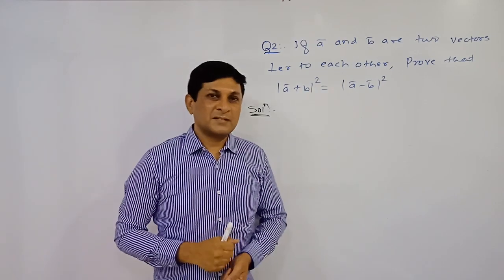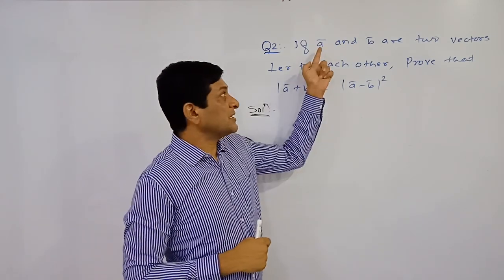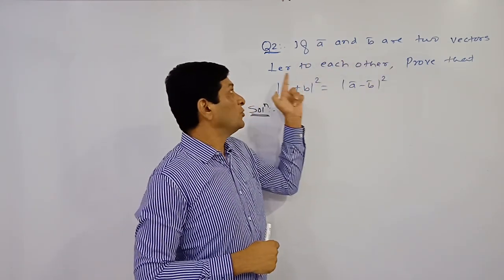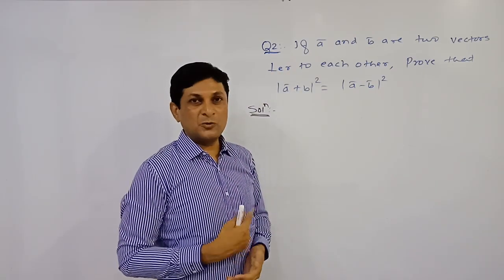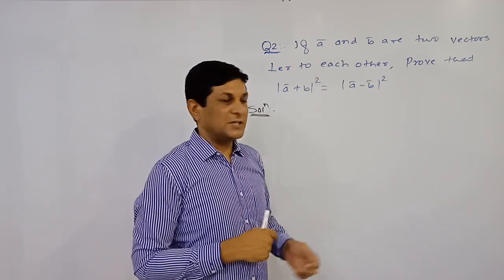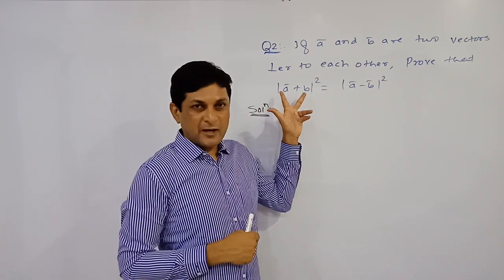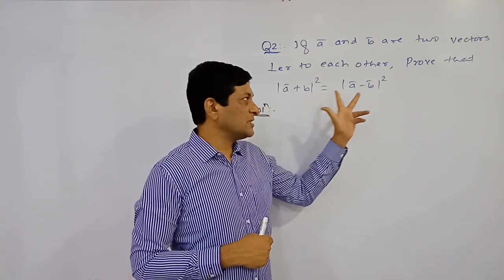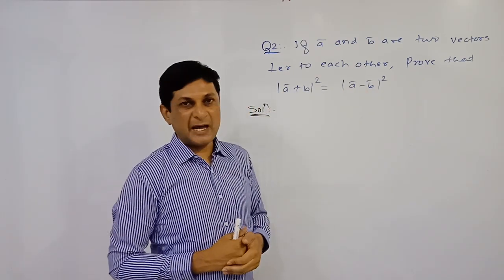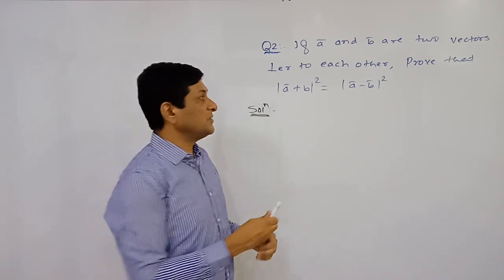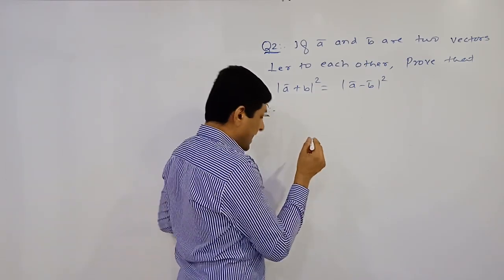Well, see, in the second example, it is given to us that a bar and b bar are two perpendicular vectors. Using this condition, we have to prove that the square of the magnitude of a bar plus b bar is equal to the square of the magnitude of a bar minus b bar. So observe what is the given condition here. A bar and b bar,